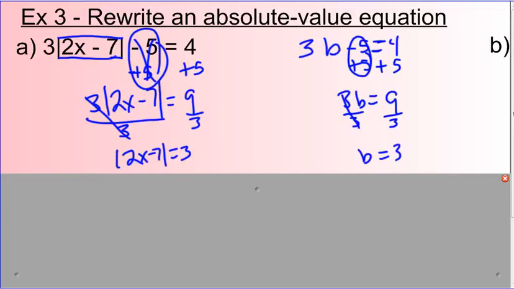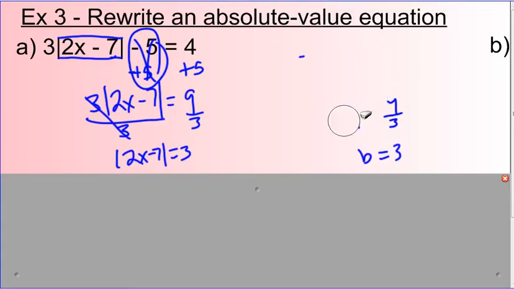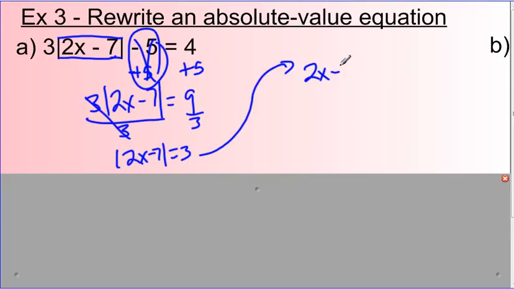So what we've done is we now have this absolute value by itself, and we did that by solving like a regular equation, treating this absolute value stuff as our variable. Now, we can take this, separate it into two separate problems, and solve. So from here, we're going to say this is our 2x minus 7 equals 3, and our 2x minus 7 equals a negative 3. Solve each of them, so add 7,